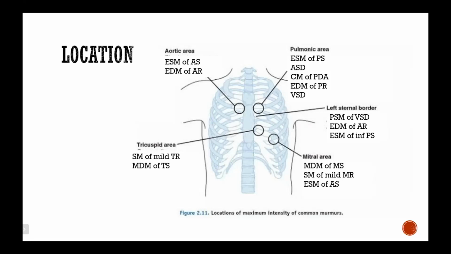Obviously, if a murmur is heard best in a particular area, then the lesion will be more or less around that. That is in the mitral area, it will usually be an MS or MR. Similarly in tricuspid, aortic, and pulmonary area. And in Erb's area, as I previously told, VSD murmurs will be better heard here. So we need to localize the site of the murmur.